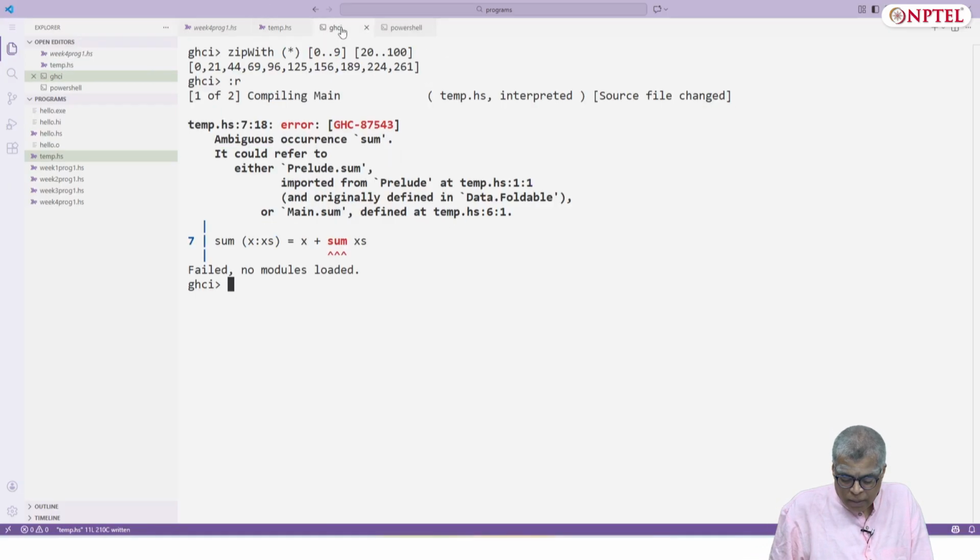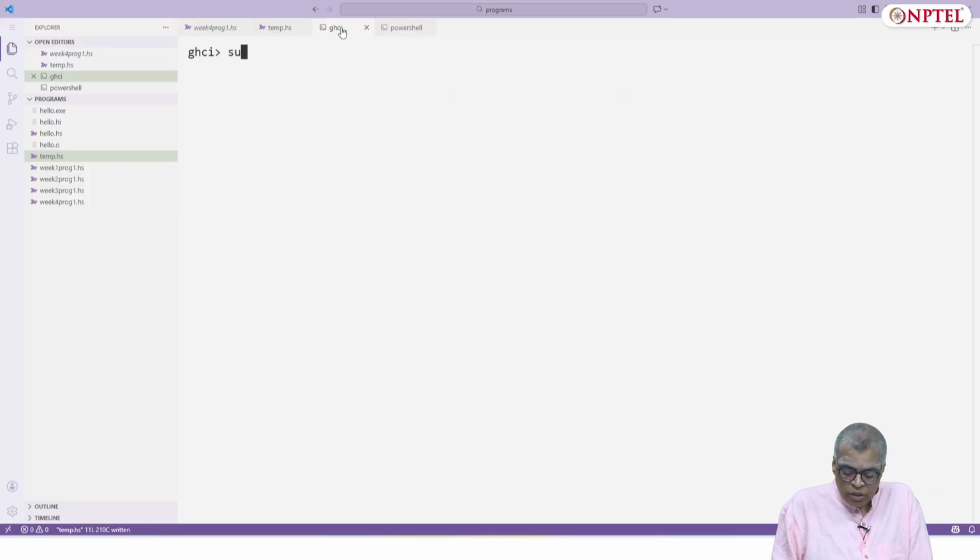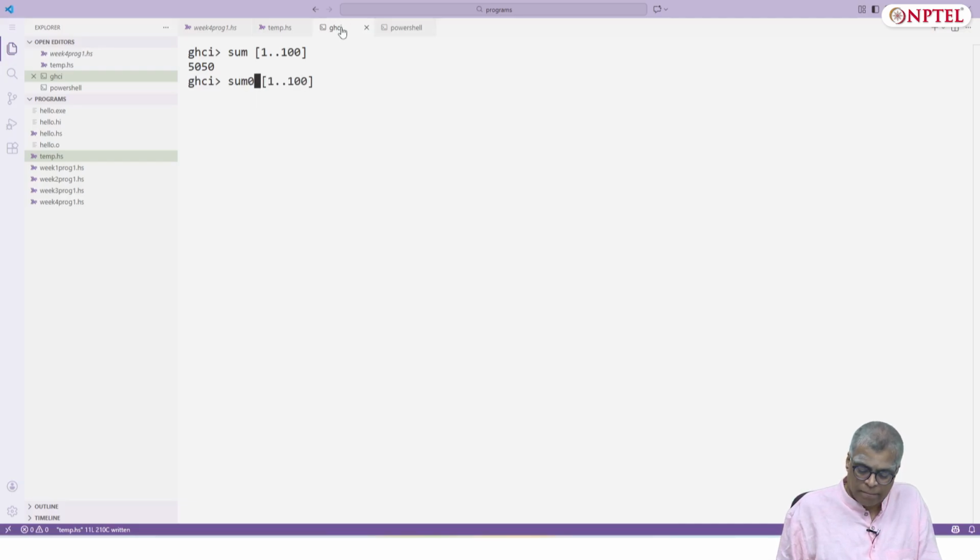Let's reload it again. It works. So sum of 1 dot dot 100 should be 5050. Of course, that is the built-in sum. Sum0 should also be the same. Sum1 should also be the same.